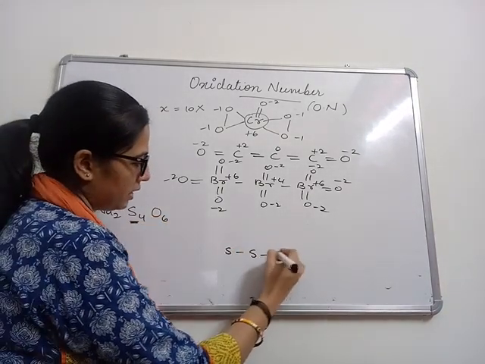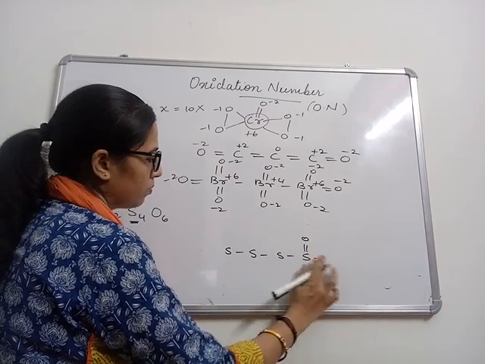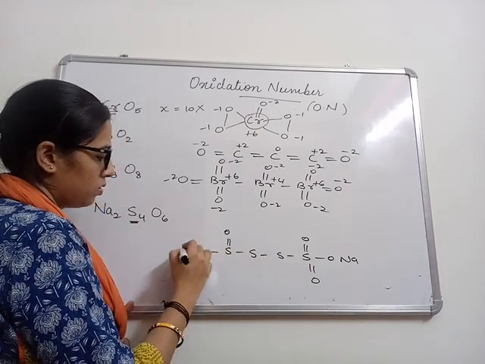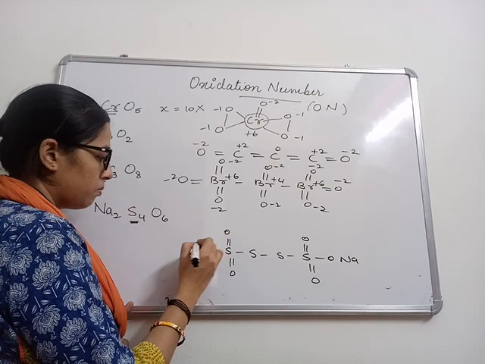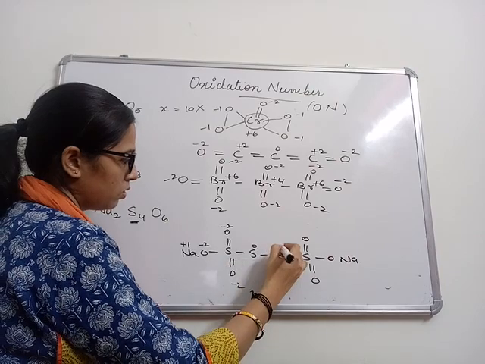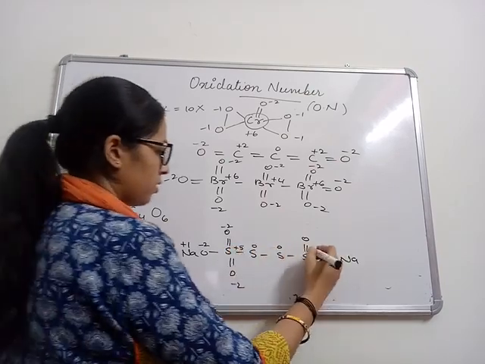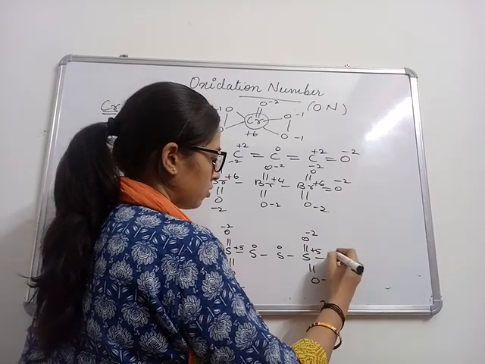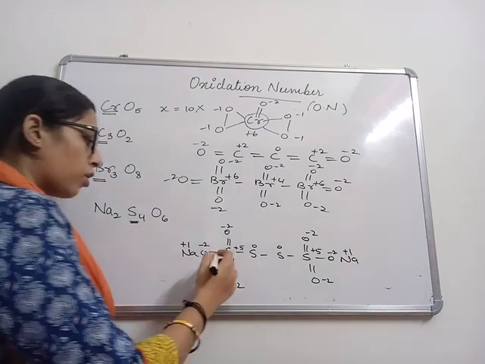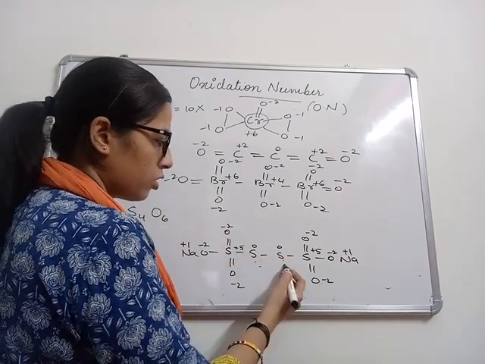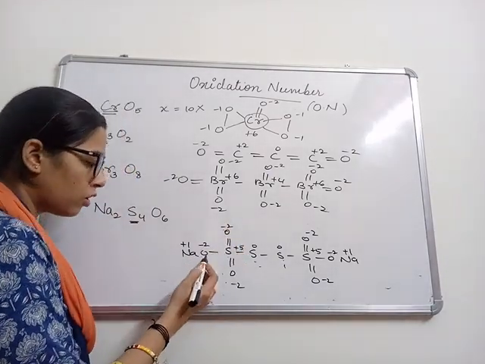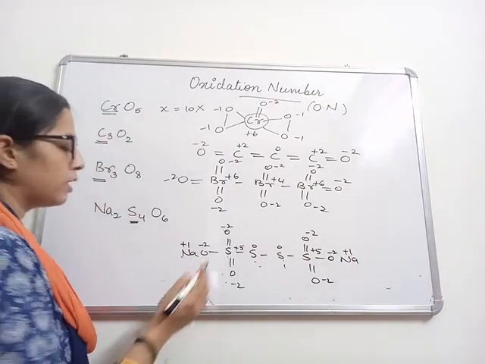Now Na2S4O6. How will you get S, O, Na, O Na double bond O. This is -2 +1 -2 -2 0 0 +5 +5 -2 -2 -2 +1. So here out of 4, these sulfur are linked only with sulfur, so 0 oxidation state. But this sulfur forms double bond with 2 oxygen, so -2 so +2, and this oxygen has cancelled one minus with it, so it will have +5 charge.